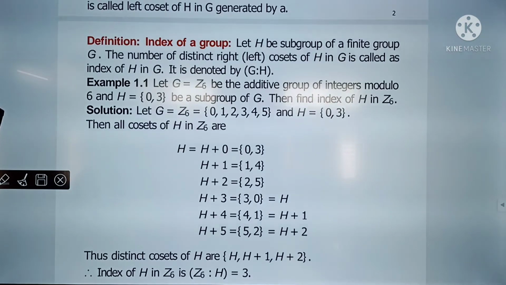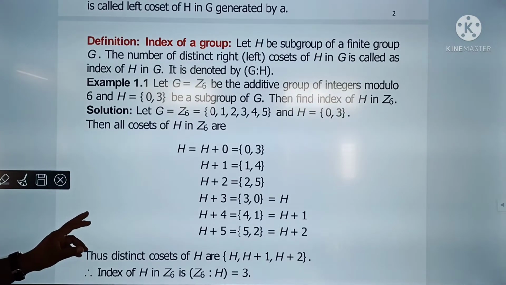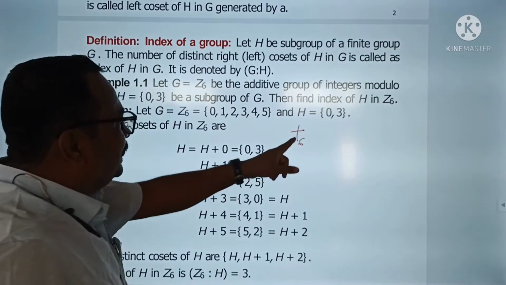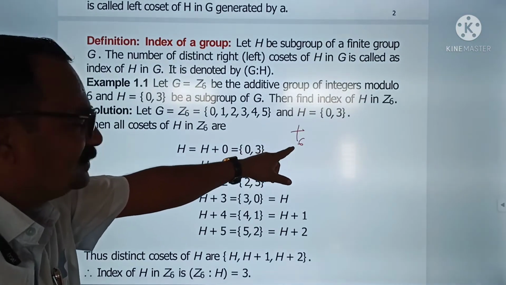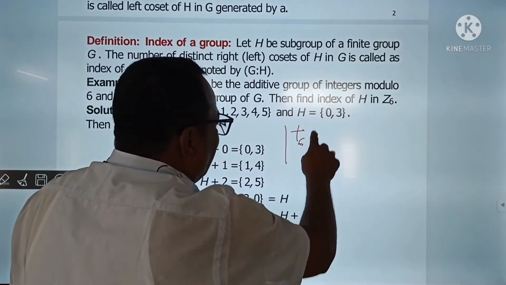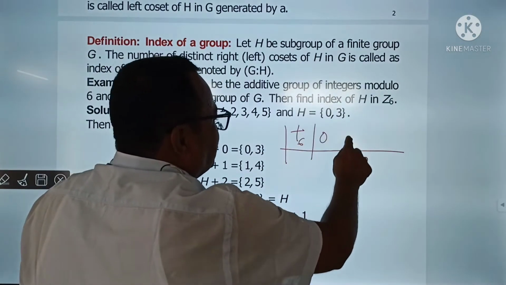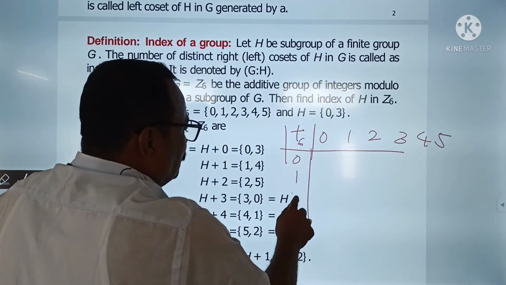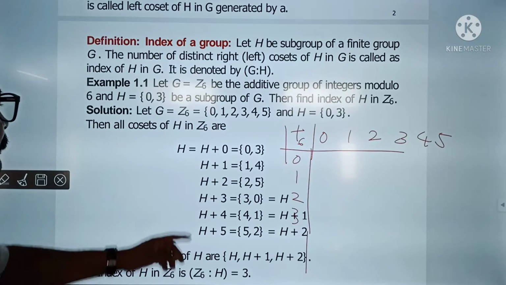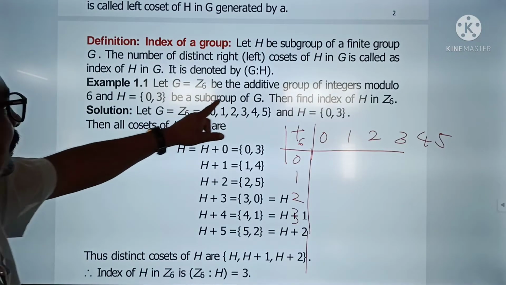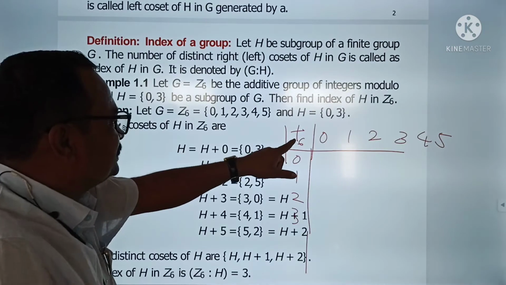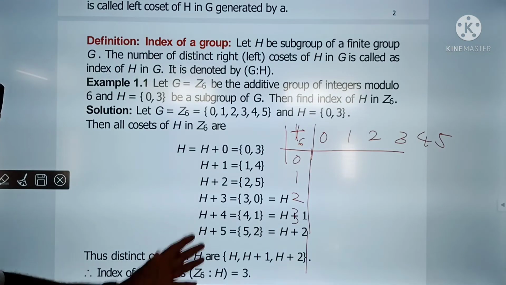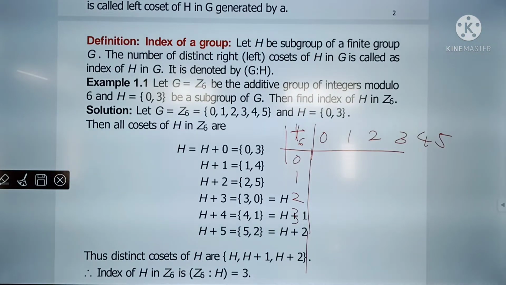So we prepare the composition table for that. This is the additive group of integers modulo 6, with the symbol for our binary operation. Here is 0, 1, 2, 3, 4, 5 and here is also 0, 1, 2, 3, 4, 5. Just to see what is meant by the additive group of integers modulo 6. This binary operation is addition, and at the base is written 6. We call it addition modulo 6.